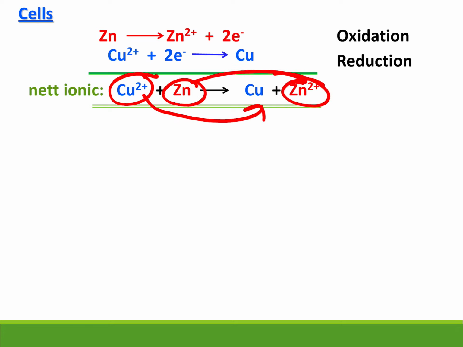I do not care about what ions were in the salt bridge, and I do not care about the extra ions that were in the electrolytes. Those are all spectators. You will never have to put them in these equations. It is way too complicated, so we're not going to worry